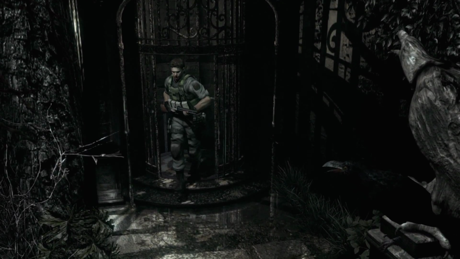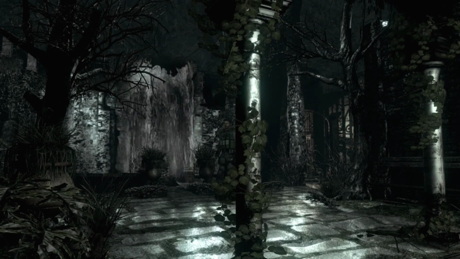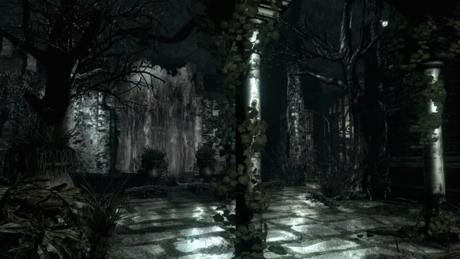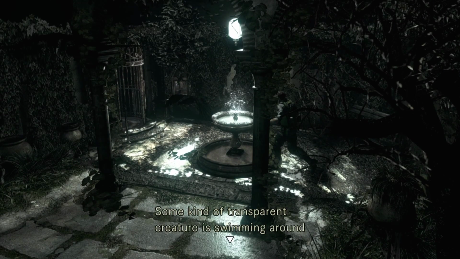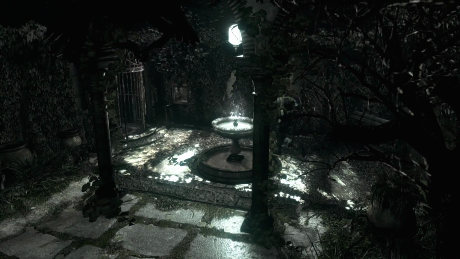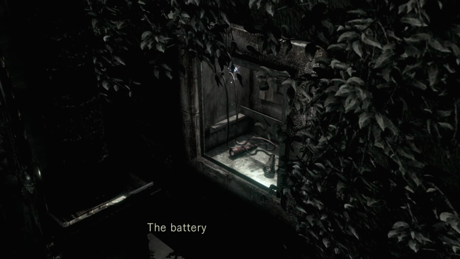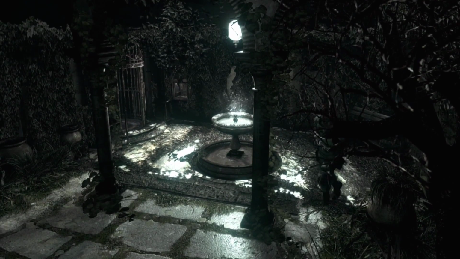Ooh, surprising that thing still works. But I suppose if it was just some sort of battery operated thing and the battery hadn't corroded, then it'd probably work just fine. Another crow, but we're going to ignore that. We don't go through the waterfall yet. And if we run along here, yeah, just more crows. Some kind of transparent creature is swimming around in the water. It's a strange one. The battery's been taken out, so we can't use the other elevator. But the other elevator only takes us back to the place where the dogs are anyway, so...